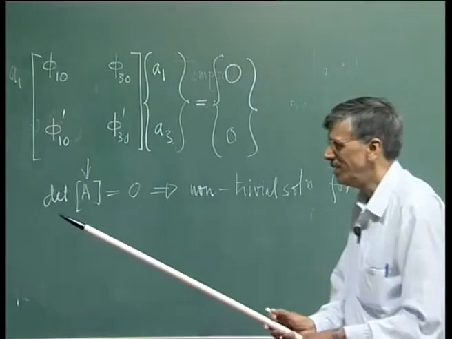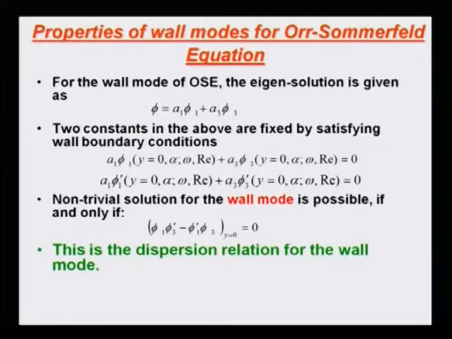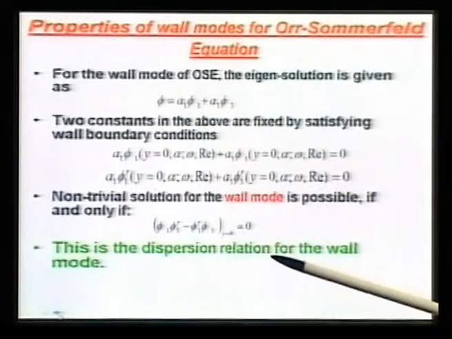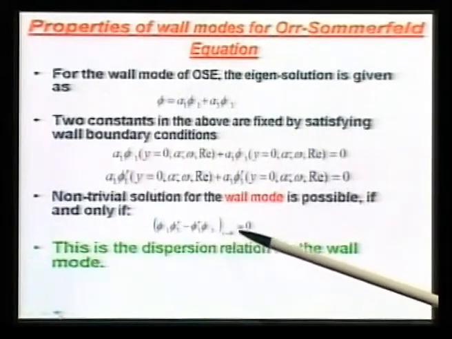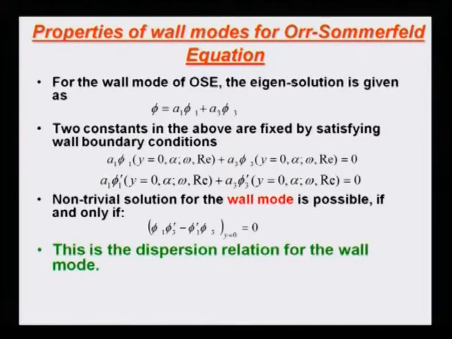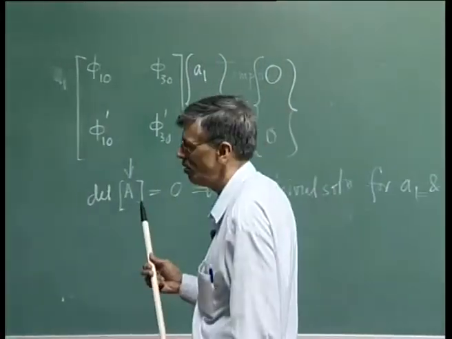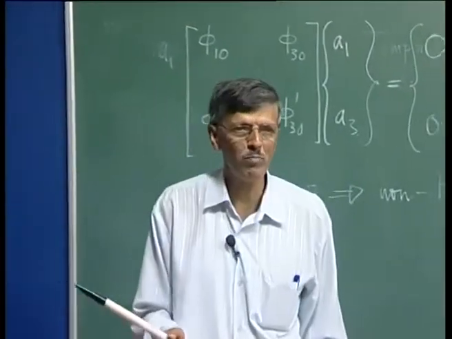So, this is what is required of these two fundamental modes phi 1 and phi 3 evaluated at the wall: the determinant should be equal to 0. And this will be equal to 0 not for all possible combinations of alpha, Re and omega, but only for selective configurations. Okay, I think now we realize clearly what we meant by